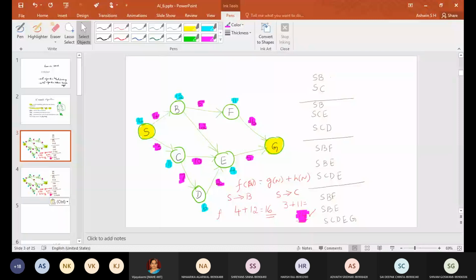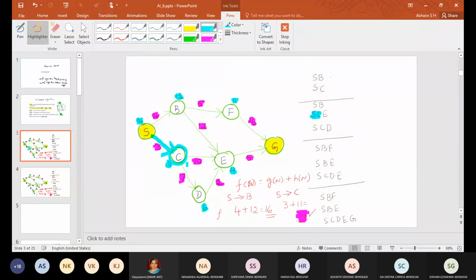Okay, so this is selected. I just make this path SB to SC. Like this I will draw, so it will be more clear. So now what is the new path? New path is SC. So here, first SB, SC. Now this is the new path. SC, SB I have not considered. So you come to this SC.